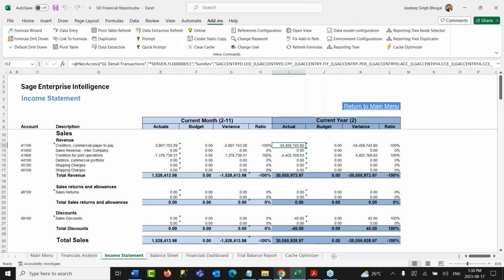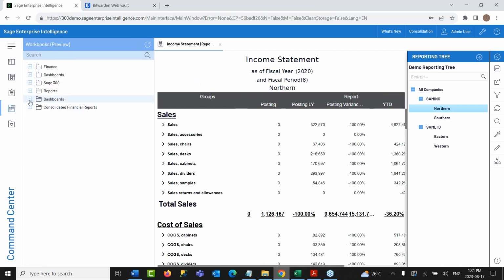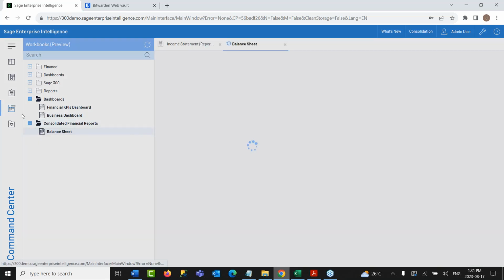To finish it off, I would like to come back into the web application and show you our very recent development when it comes to reporting and analysis using the Excel-like environment, which is called the web workbook. So here we have an example of a balance sheet, which we have created using the web workbook. So what is a web workbook?